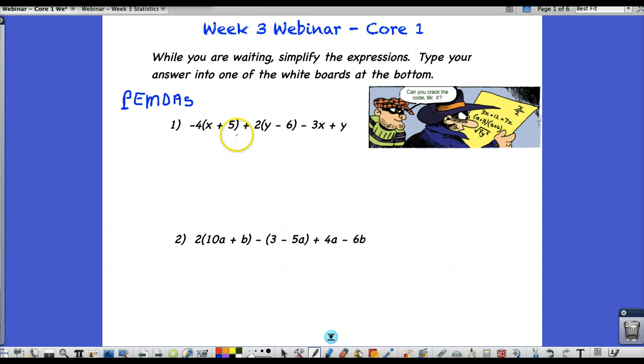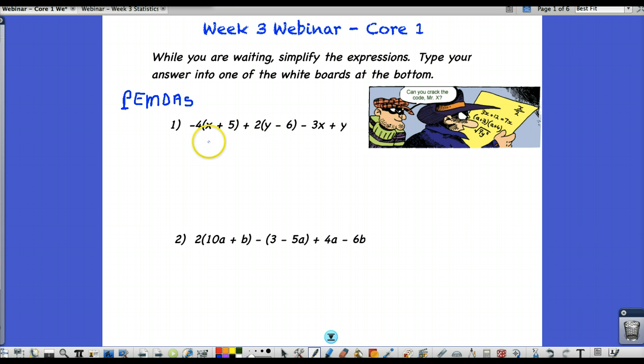So we can't do anything with those parentheses. Same with the second set of parentheses, the y minus 6. Can't do anything with those. So then we move to the next, exponents. Well, we have no exponents, so let's go to multiplication. We have two different multiplications. We have the -4, which will multiply by this parentheses, and then we have the 2, which will multiply by